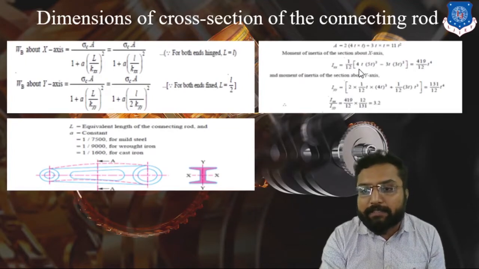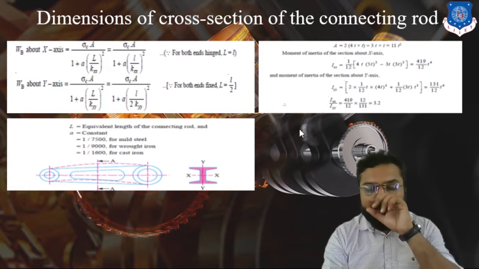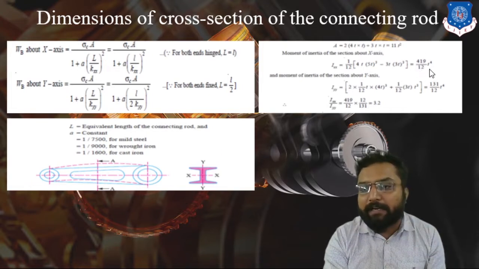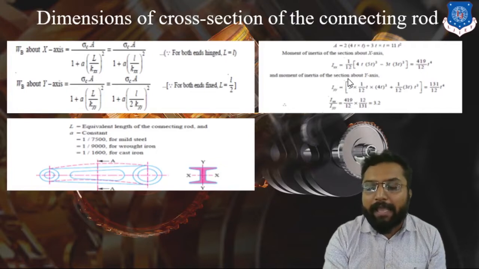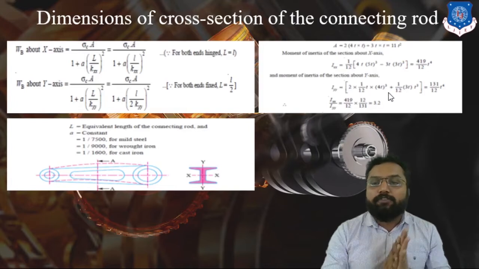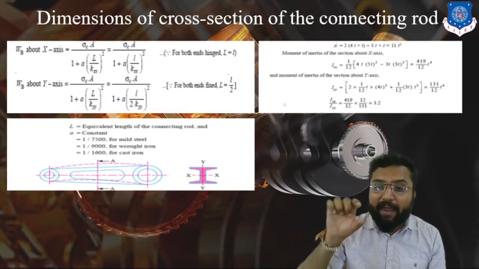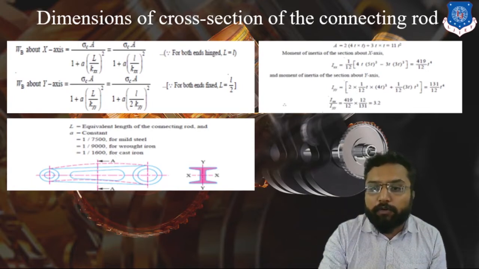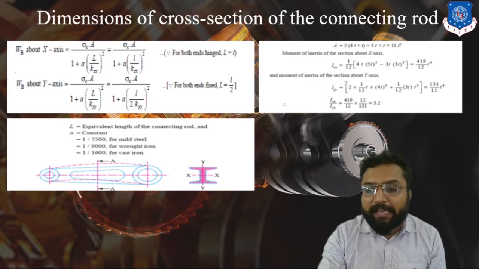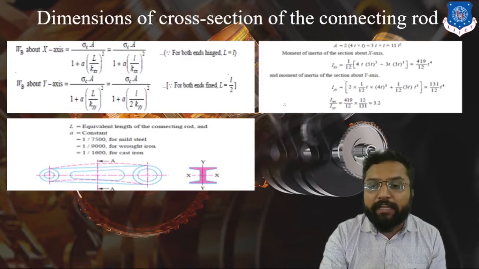So in this case, you can see 4t into 5t cube minus 3t into 3t cube. That is the subtracted area from the total overall rectangle. Clear? And that is 419 by 12 t raised to 4, which is our Ixx. And for Iyy, we have to consider it from the horizontal side. So it is the total moment of two flanges plus web. Clear? So for the two flanges, the flange area for two flanges is 2 into 1 upon 12t into 40 cube, because